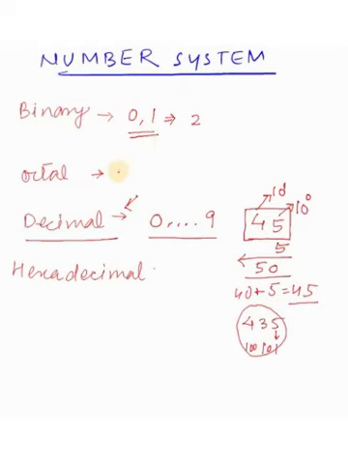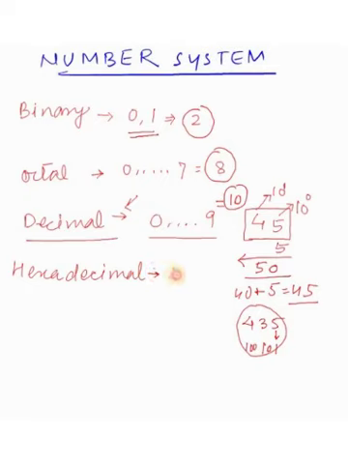Next we are talking about the octal number system. It has all numbers from 0 to 7. It means in total how many numbers do we have? 8. So the base of the octal number system is 8. We are writing the base here. This is the base, this is the base, and this is the base. I am writing 10 here, denoting the base. I am writing the base in a circle so that you can understand what the base of the number system is.